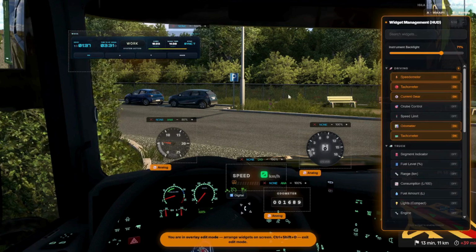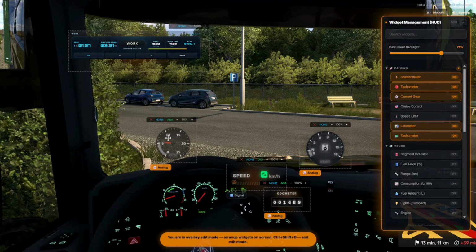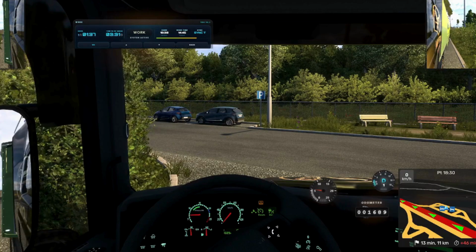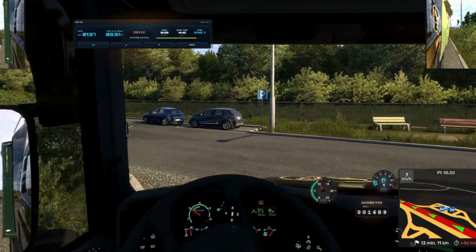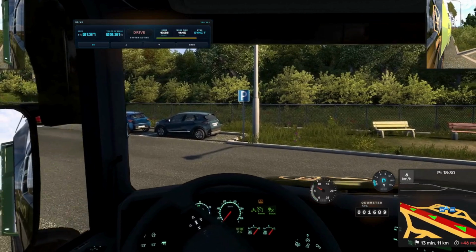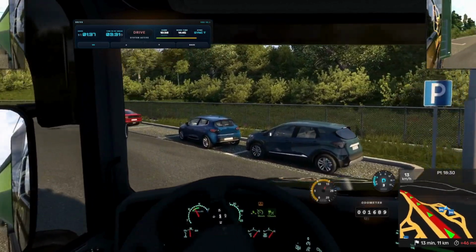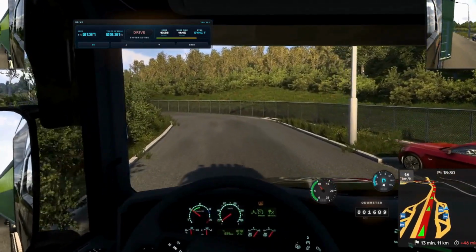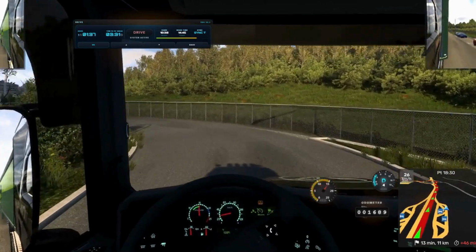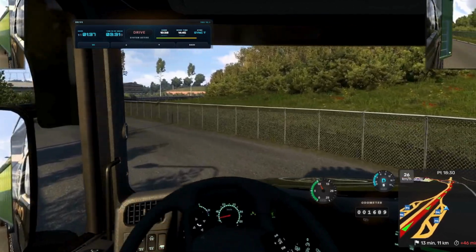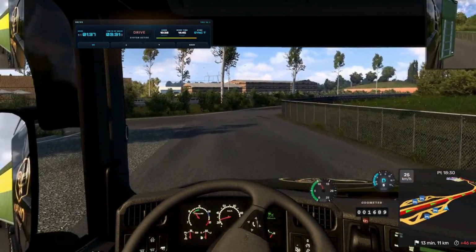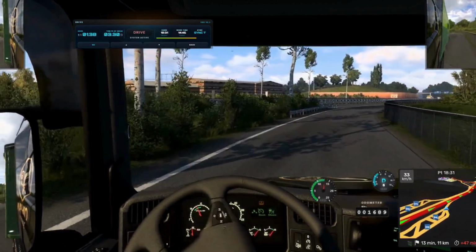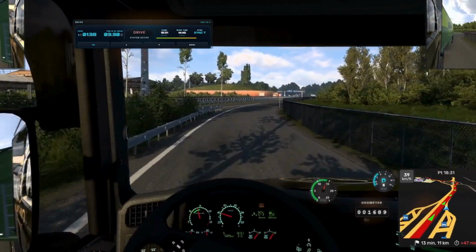The overlay gives the player control. You decide what you want to see on the screen. You decide where each widget should be placed. And you decide how the entire interface should look while driving. OXRAM System allows you to build your own driving screen, adjusted to your style, your monitor, and your needs. If you want full customization, widgets, tachograph data, YouTube playback, and future overlay features, check the Overlay tab inside the